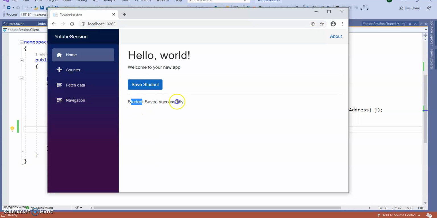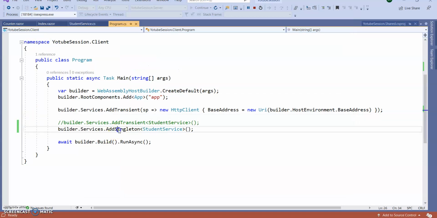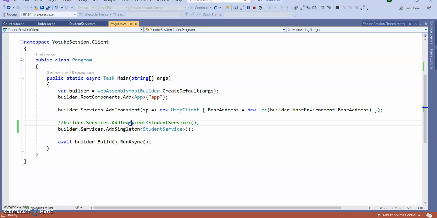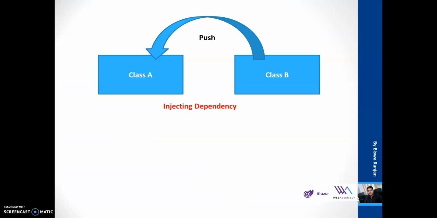Save student, student saved successfully. Went to another page, again I am coming back, and the data is still present. So whenever we are using singleton, even if I go to a different page, the single instance is preserved, but when we are using transient, it is losing its value. So in this way we can use dependency injection in our Blazor WebAssembly application.